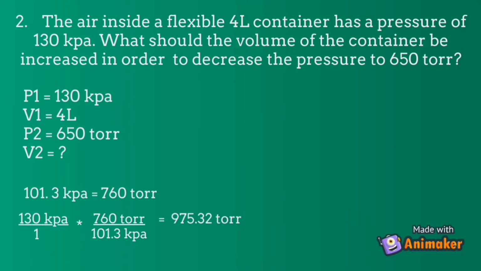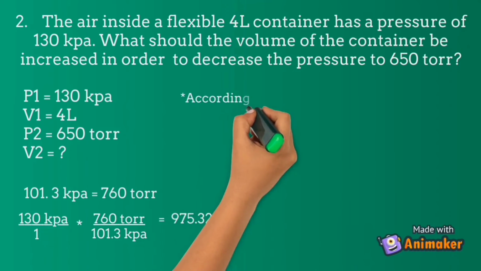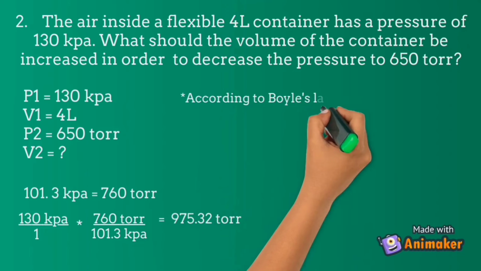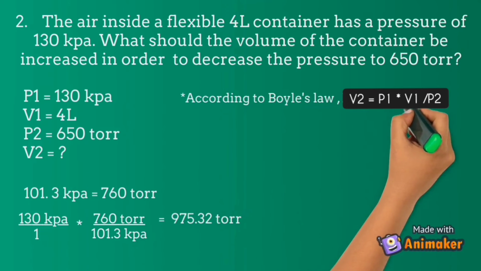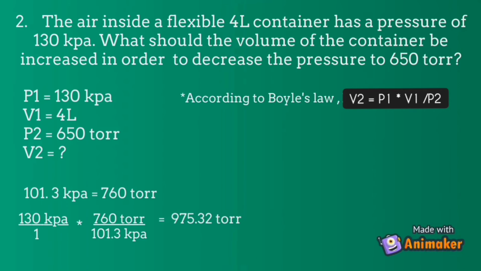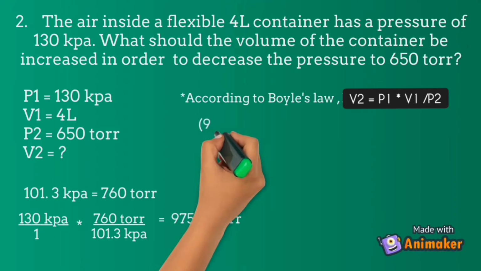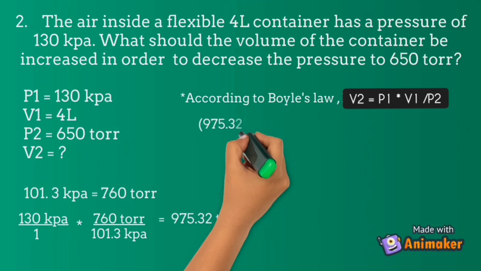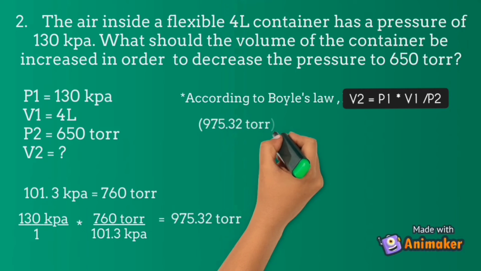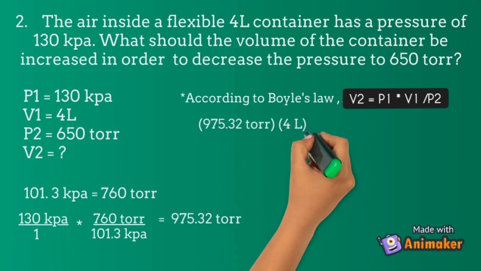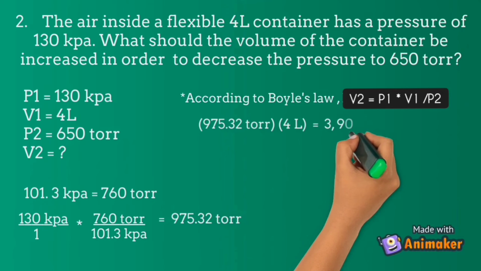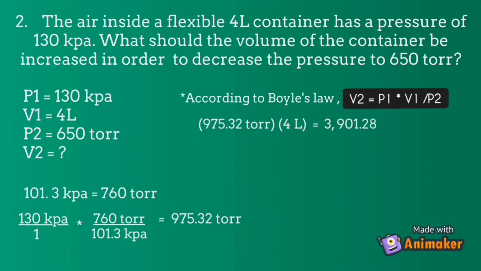So since our V2 is missing here, according to Boyle's law, ito ang method natin gagamitin. V2 is equal to P1 times V1 over P2. And our P1 here is 975.32 torr times our V1, which is the 4 liter, is equal to